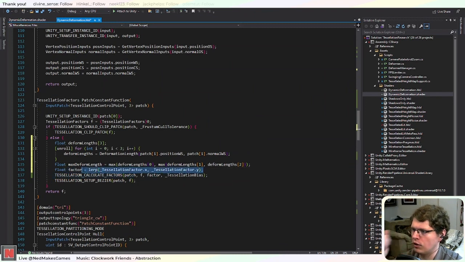I'm not going to try to do fancy stuff here, because technically you could try to do interpolations and it might be faster than using a branch, but